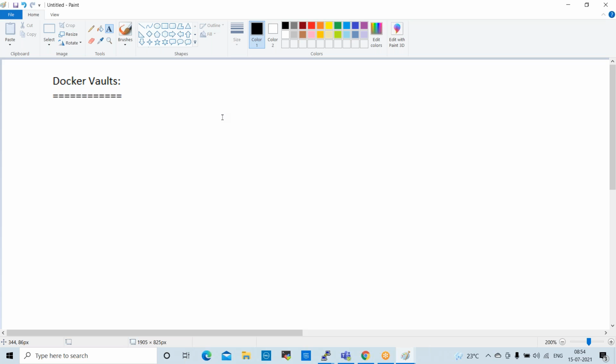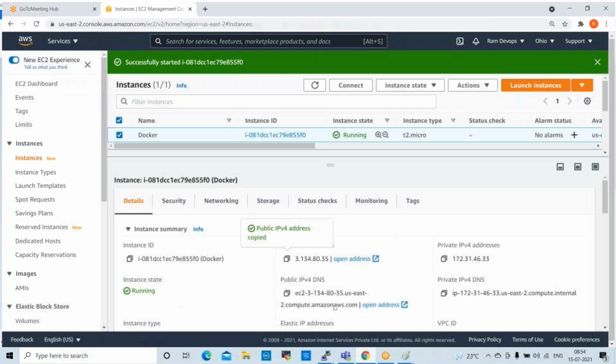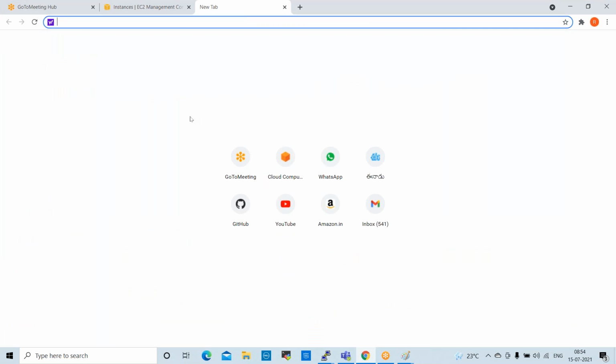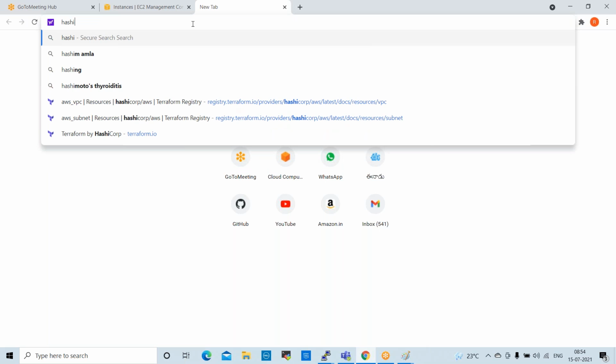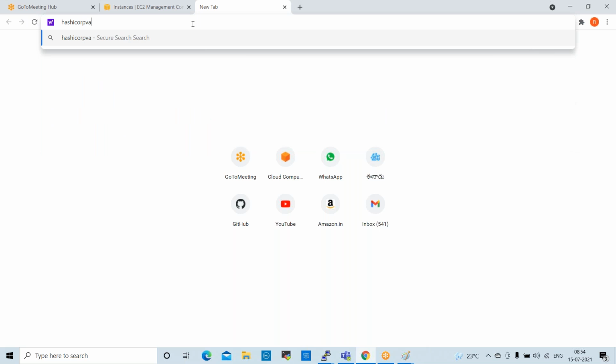Normally, when we use this vault, we require a HashiCorp tool, a third-party tool, to implement the security. You can go and check here. HashiCorp vaults.